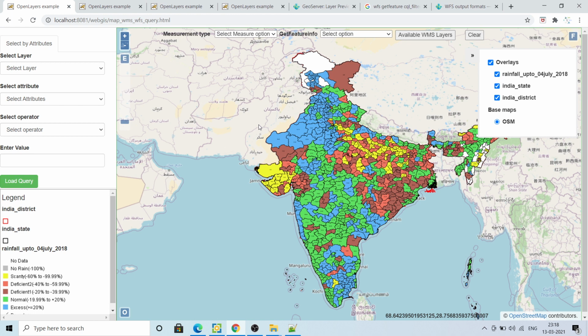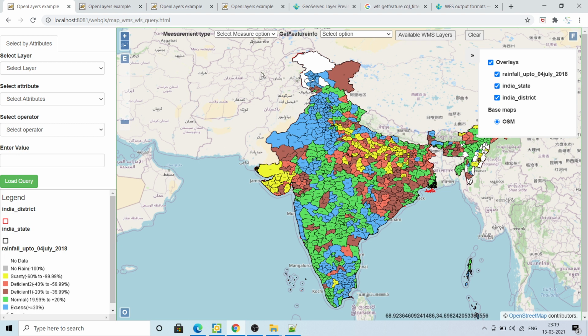I have done both, but I'm going to show you through GeoServer because that is very simple. You can just push your data into GeoServer, and everything will be done on the client side. That would be very easy for you. Maybe later on I can show you how to do it through the PostGIS database also, but right now I will stick to GeoServer only.